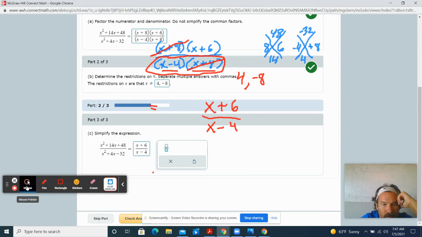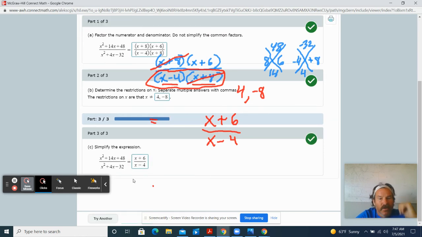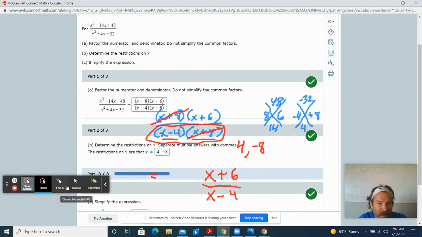Let me check my answer here. Yeah, so we don't need to put the parentheses. If you did put the parentheses in, I don't think it'll mark you wrong. You can leave them in if you want, but usually if you just have a binomial by itself, you don't need parentheses. Okay, let me clear my screen here